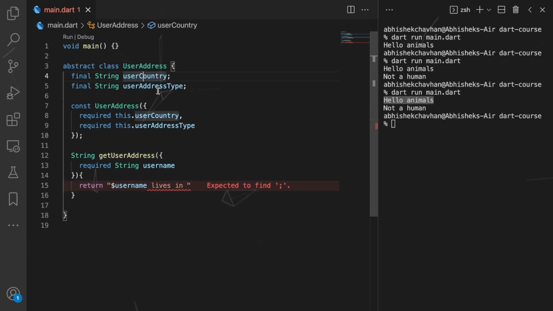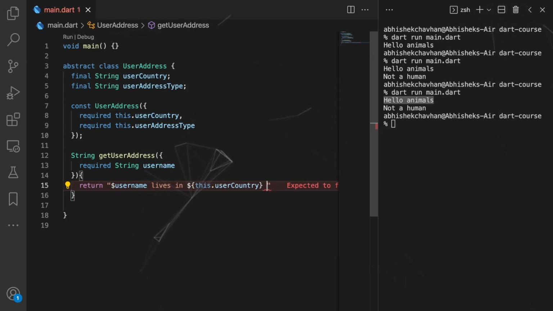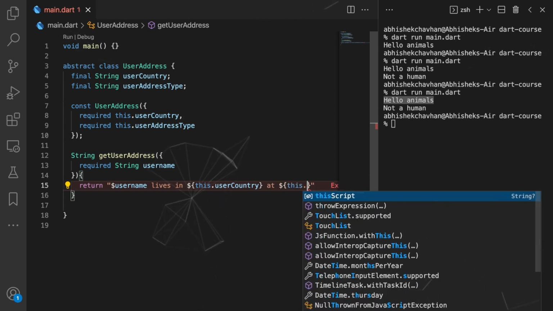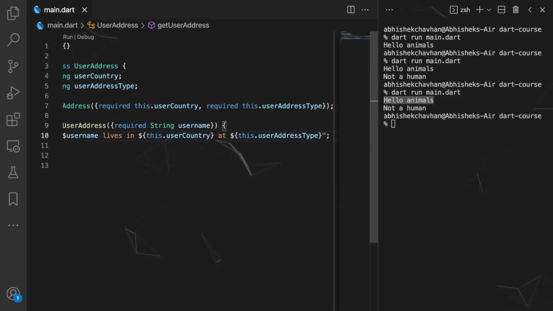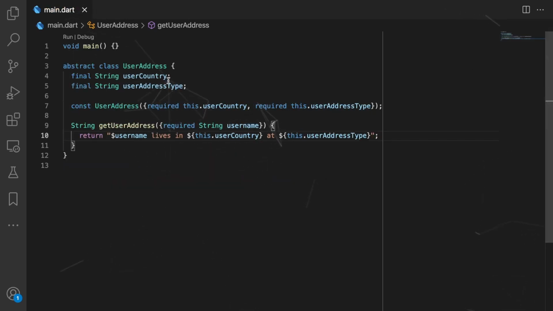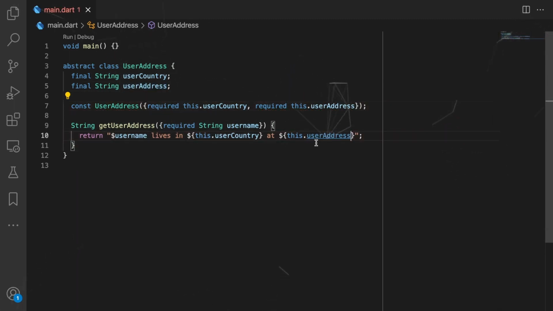To use the user country, I can use the this keyword. So I'll use a dollar quotation and say this dot user country lives in India, for example, and this dot user address type. Or instead of user address type, we can also say user address itself, so it will be more precise. Let's have the same name everywhere.